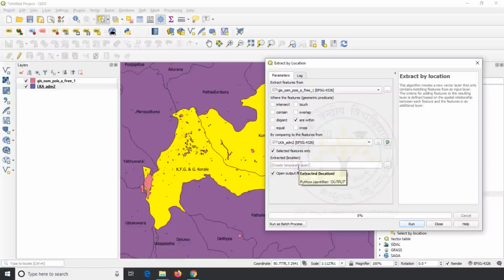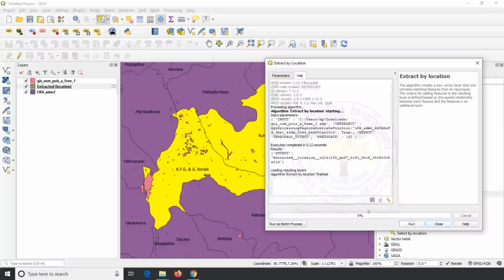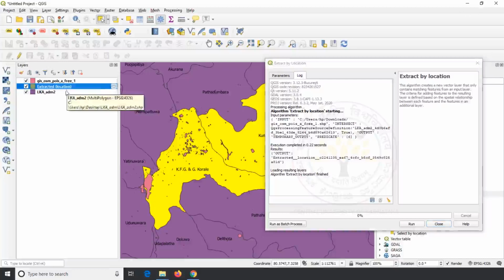Look at the extracted location. It is mentioned as create temporary layer and open output after running algorithm. It indicates the result of this process will create a temporary file and it will be displayed on our canvas. Click on run. Now we can see a new layer in the layer panel with the name Extracted location.